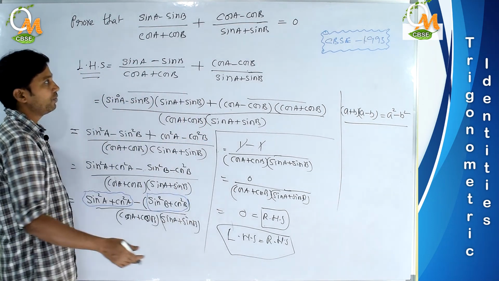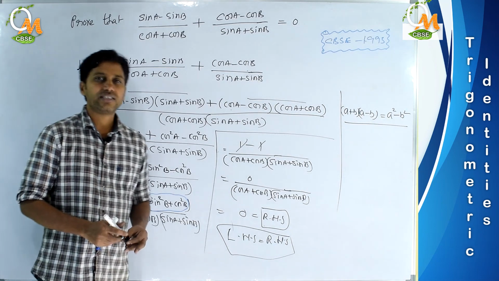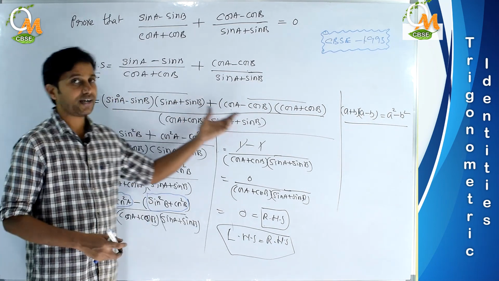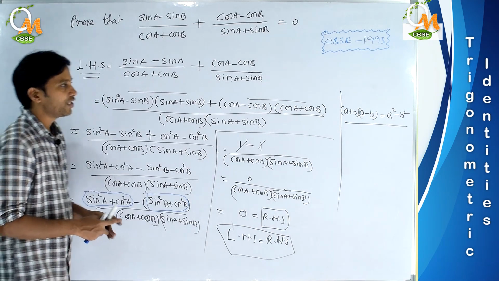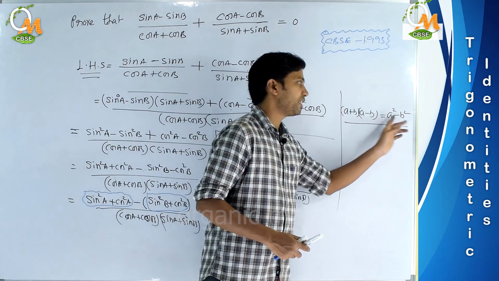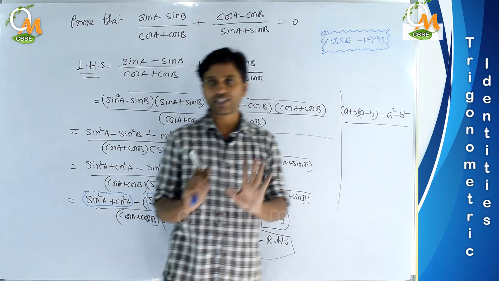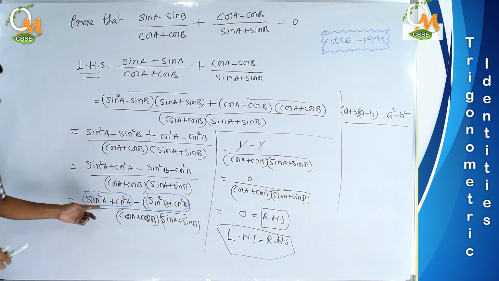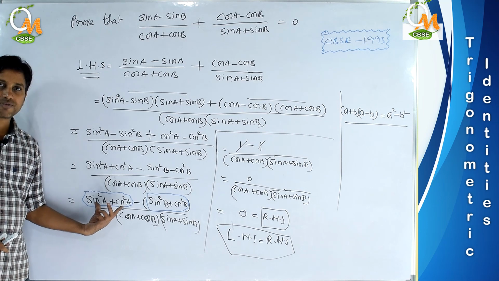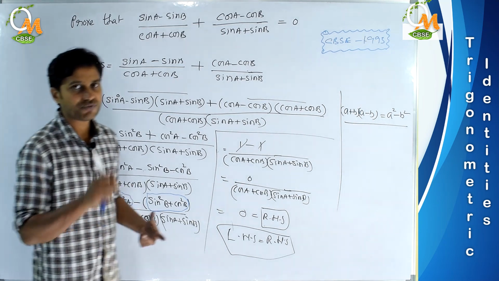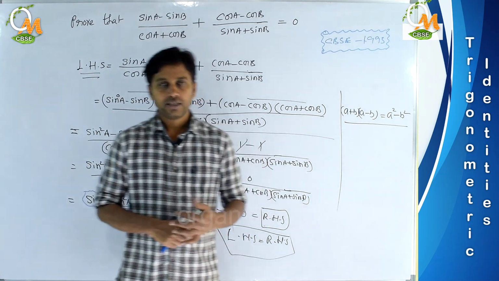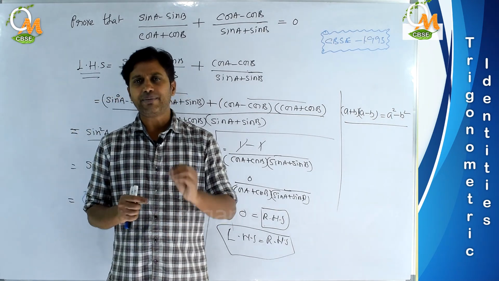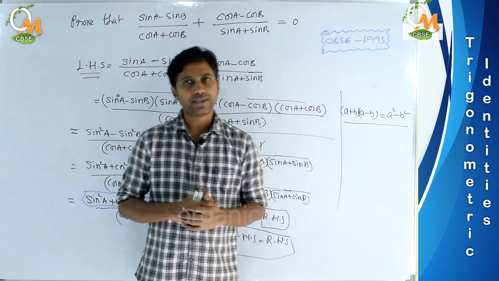Like this we can do. What we did here is simply take the LCM of the denominators and then simplify. We only took the advantage of the algebraic formula a square minus b square equals a plus b into a minus b. Remaining everything is common. Then after we substituted, we took the advantage of sin square theta plus cos square theta equals 1, which is the first trigonometric identity. If you analyze each and every problem like this, you can solve any head-storming problems of trigonometry very simply.